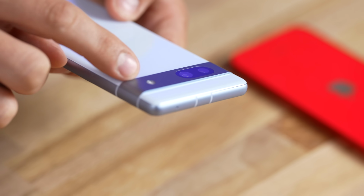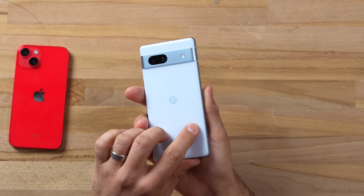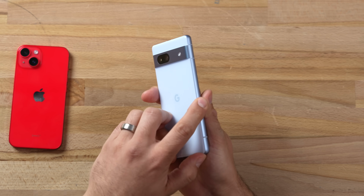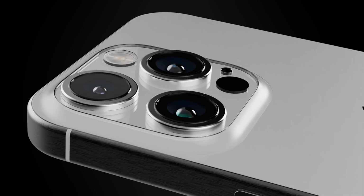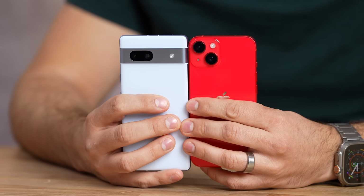I like how the camera bump is actually color matched to the color of the phone, and the glass on the back actually curves into the frame like the upcoming iPhone 15 Pro. Now I do think that the iPhone's camera bump looks better, and with that, we're gonna be doing another blind